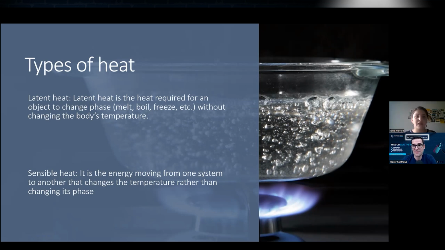And we also have latent heat. Latent heat is the heat transfer required for an object to have a phase change without changing the body's temperature. So we also have refrigerants that work under this principle, which could be, for instance, ammonia or also CO2, where we have the evaporators. That's why they are called evaporators, because the refrigerant will evaporate. It will enter liquid and the outlet will be gas, but the temperature